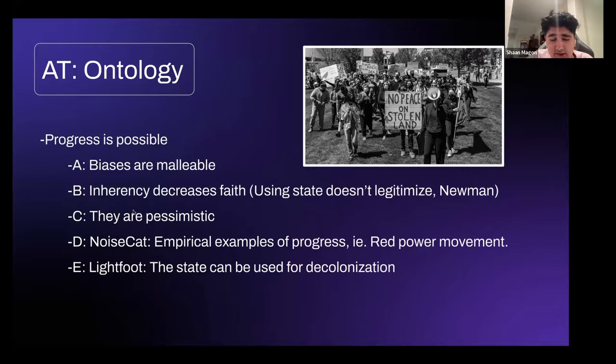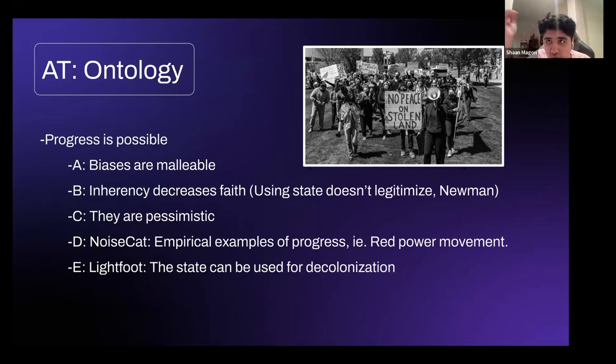The next thing is that they're pessimistic, right? Obviously, the idea that we cannot do anything with the state kind of sounds like we should just do nothing. They will provide their alternative, but you should have a more realistic approach to this. I'll go over this more later, but the idea that we can just randomly say that everything becomes decolonized is severely utopian is the word for it.